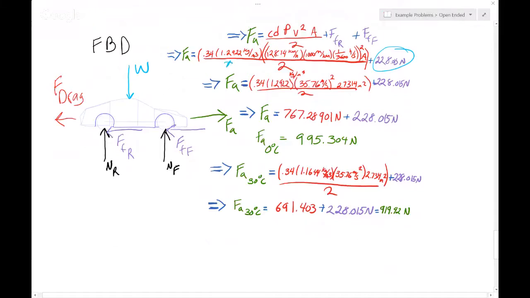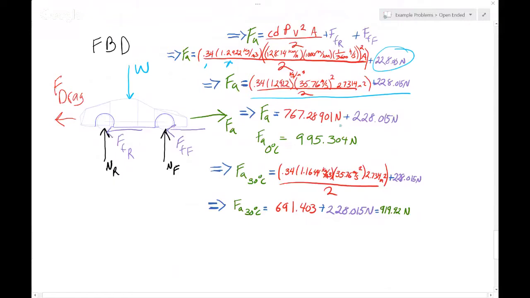And then we can plug in our variables for our winter temperature, which is our 1.2922 kilograms per meter cubed air density, and our coefficient of drag, which is 0.34, and our speed, which we have to convert to meters per second to keep our units the same. If you go through this, all of our units end up crossing off to leave us with this expression here, which then comes out to being force of acceleration is equal to